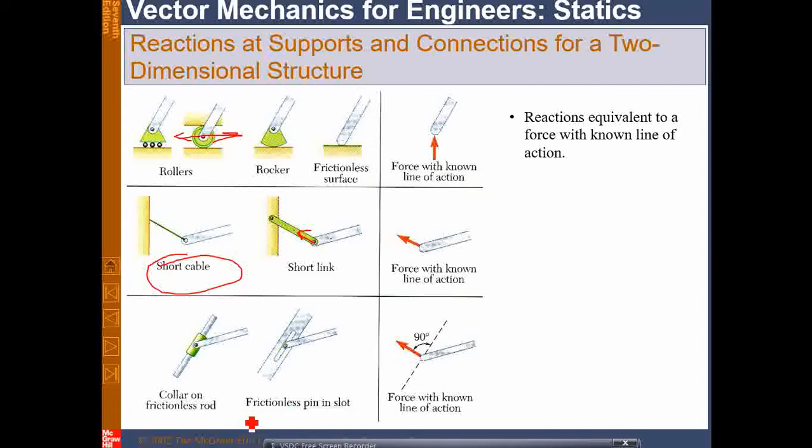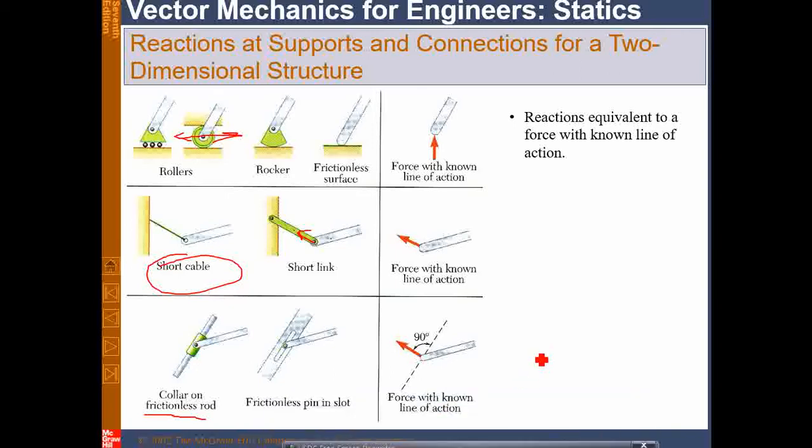In a similar way, we may have a collar on a frictionless rod. This is a very usual example of a connecting rod on a piston. A piston connecting rod is usually seen inside the cylinders of a car engine or motorcycle engines. This is a collar on a frictionless rod, so a reaction force can be offered. As you can see, the y movement, or this direction movement, is not allowed, however the x movement is allowed. Okay,